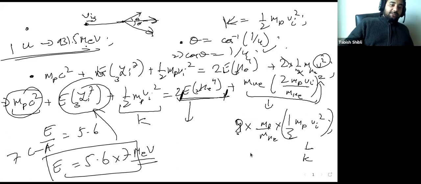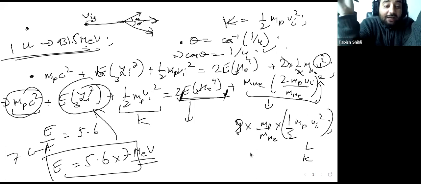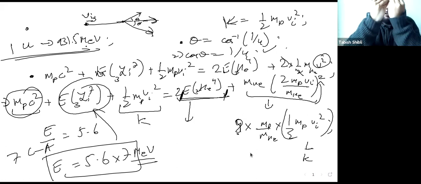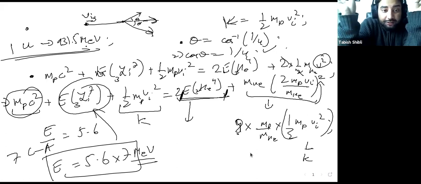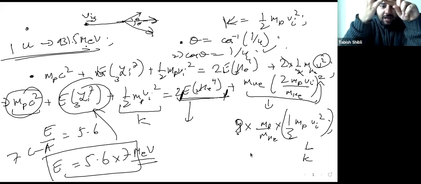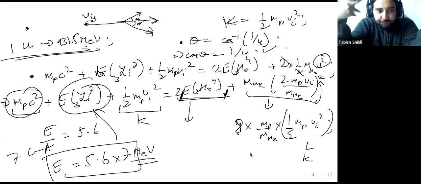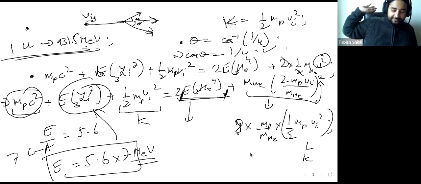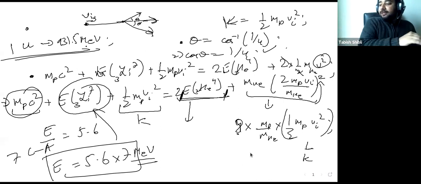Because there's a lot of calculation, but it's all logical, right? It's just energy conservation. It might look like a lot, but if you just remember the basic, it's just energy conservation and momentum conservation. That is all you're doing. First you do energy conservation, then you count how many variables you have and how many equations you have. Then you write down the remaining equations, substitute things, and just calculate the value. The values might be complicated, the equation might be complicated, but the thoughts behind it are very simple.